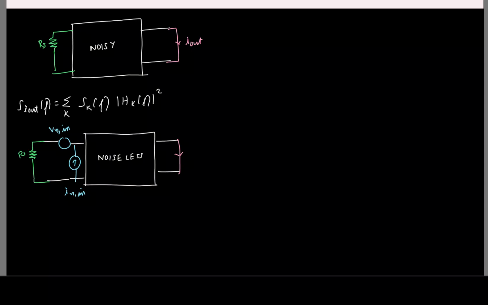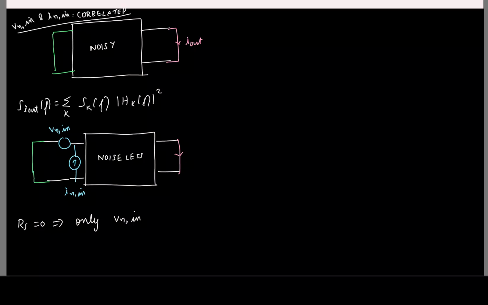So I will probably write it somewhere here: Vn,in and In,in, they will be highly correlated. And here you can see if Rs is 0, the noise is coming only due to the voltage, so we get only Vn,in. So that gives an idea as to how we can find the value of this input referred voltage noise. You take that Rs is 0, so that simply boils down to shorting the input port. So we'll short the input,